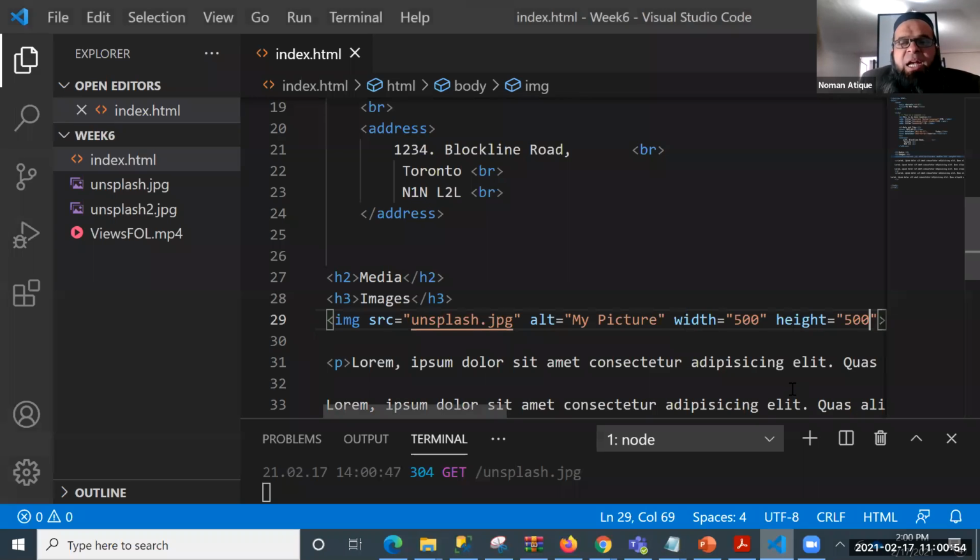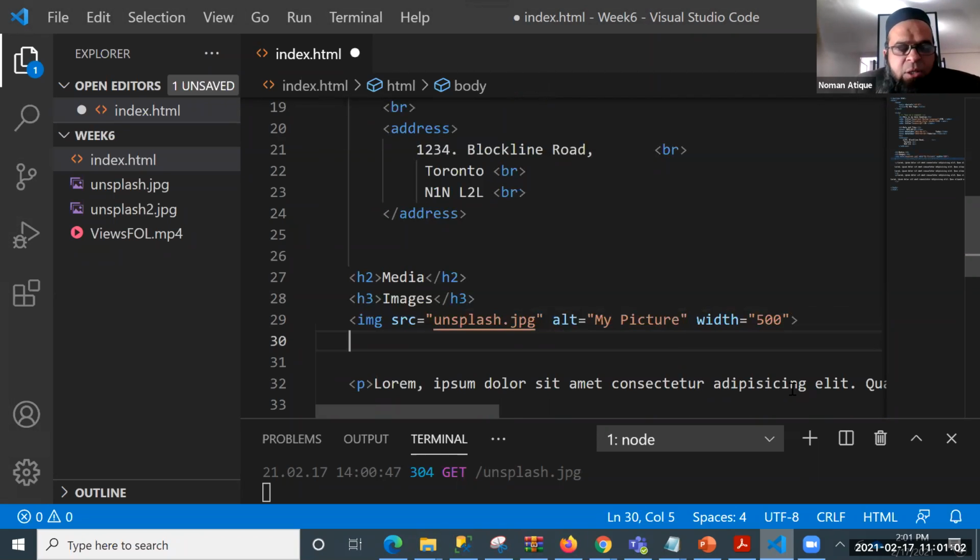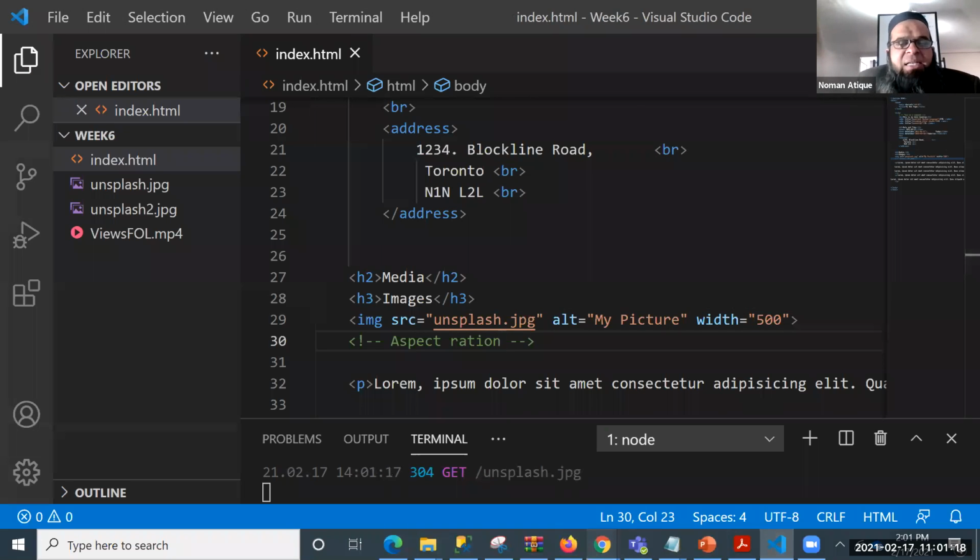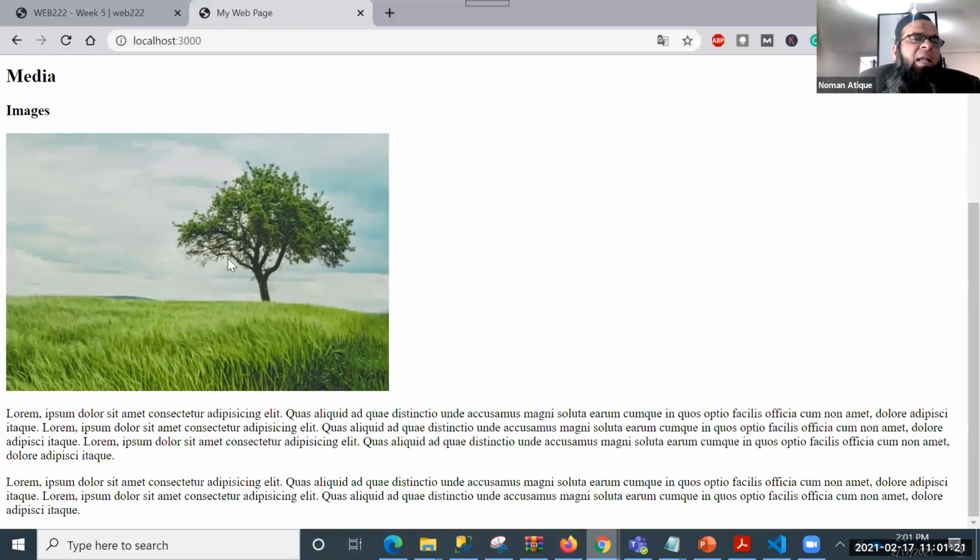And for your information, let me tell you an interesting thing. There is something called an aspect ratio. Are you familiar with that? If you are not, I'm just writing it over here. Aspect ratio. If you just give a width of 500, the browser itself will try to settle the picture according to its original width and height. It will fix the height according to the aspect ratio that goes together. If you just change the width, the height will change by itself.